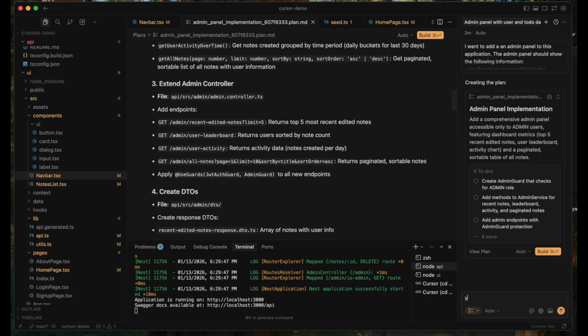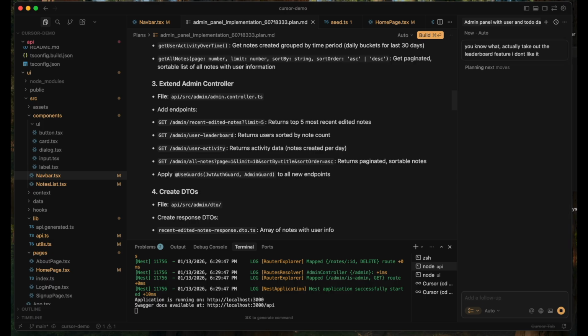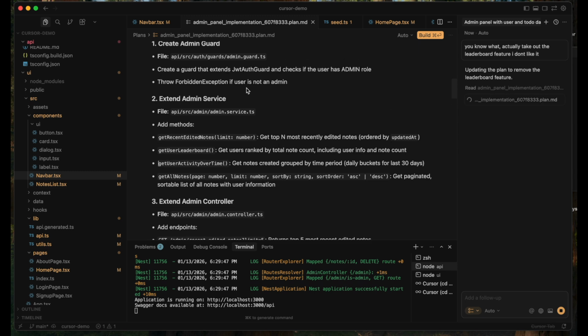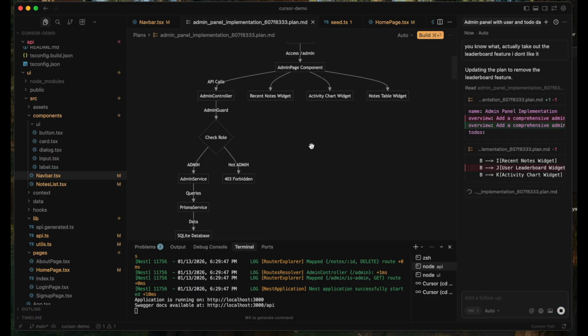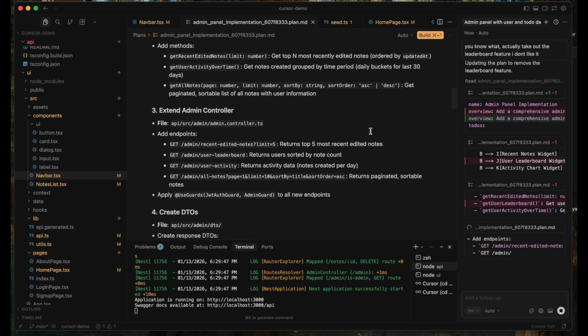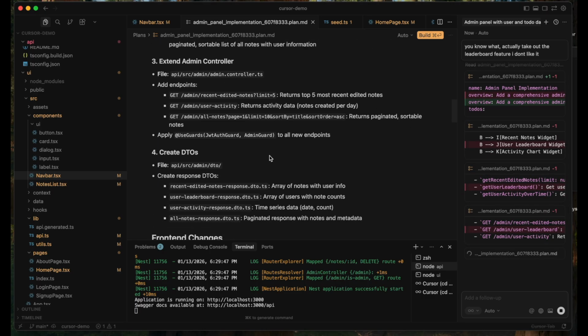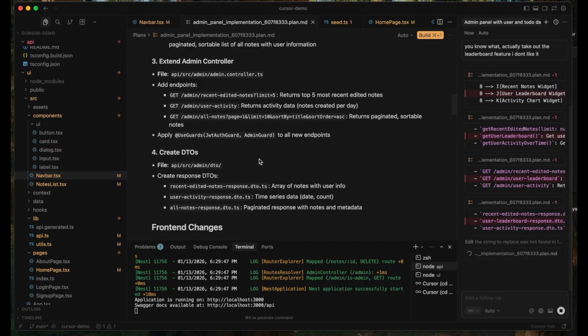So I might say, actually take out the leaderboard feature. I don't like it. So if I just give another prompt, it will update this plan accordingly. And since it's a markdown file, I can also change things as I like. But we can see that it's rebuilding the plan after I give it an instruction, and it's taking out that leaderboard feature. So I'm not actually going to implement this right now because it would probably take a long time,